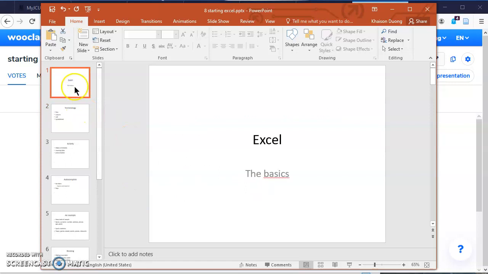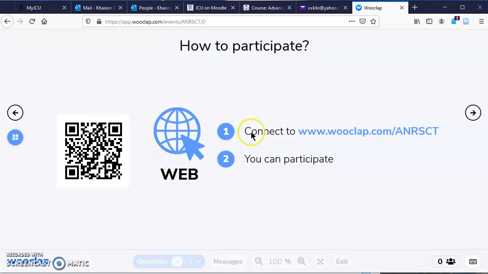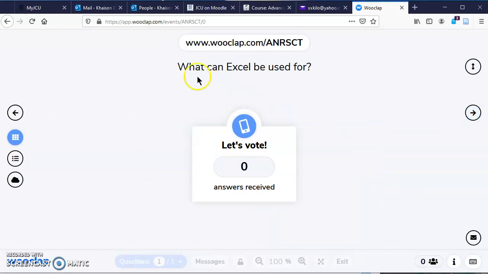So I'm going through my lecture, talking about Excel, and then I can start this up by saying, okay, students, scan this QR code so that you can participate. And then here's our question: What can Excel be used for? And this is what the